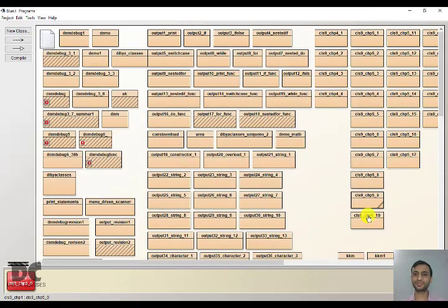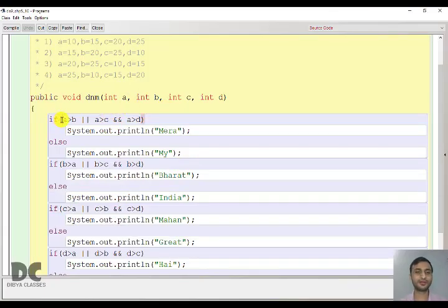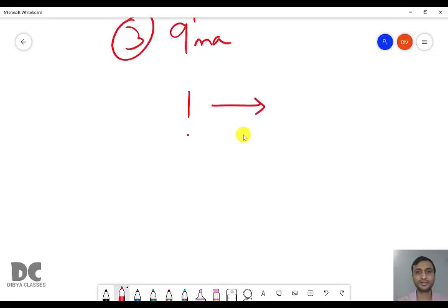Let us solve the last question. So this was a big question with logical expressions. You can see there are lots of logical expressions. So before solving it, you have to remember the hierarchy of logical expressions. Like in arithmetic expressions, there is precedence. First you have to solve multiplication, division, modulo, and then only you can solve plus and minus. Similarly, for logical expressions, it is not, and then and, and finally or.